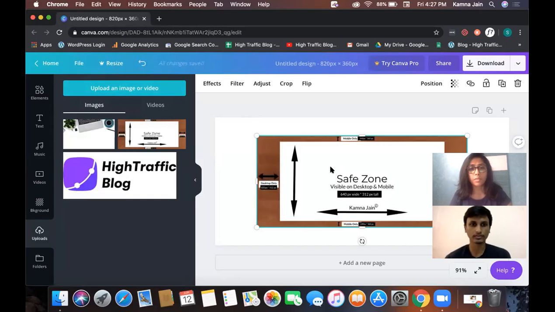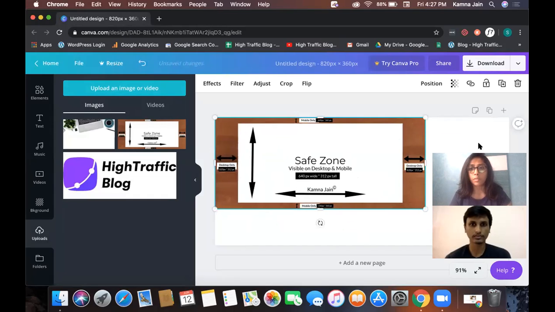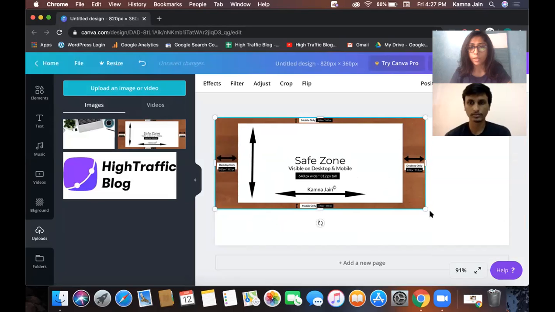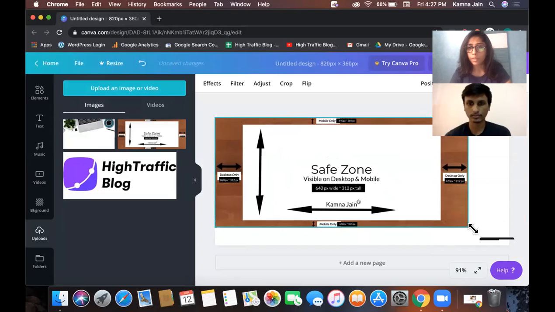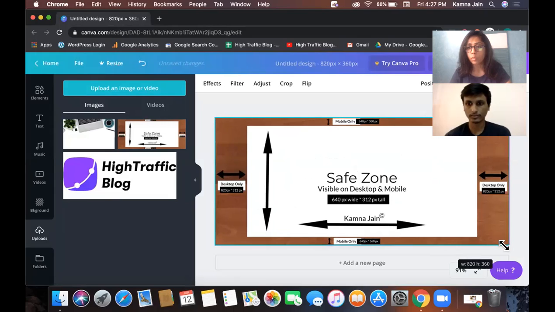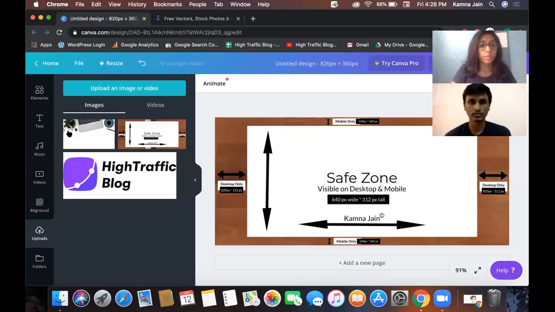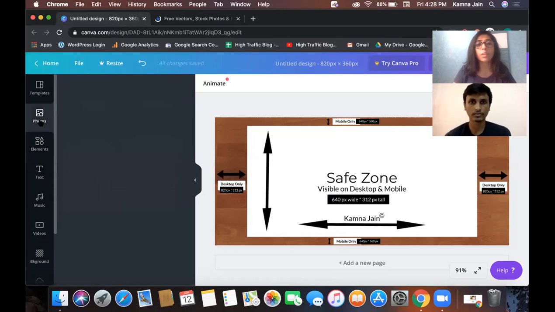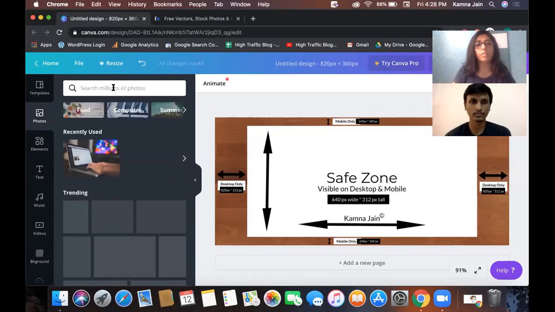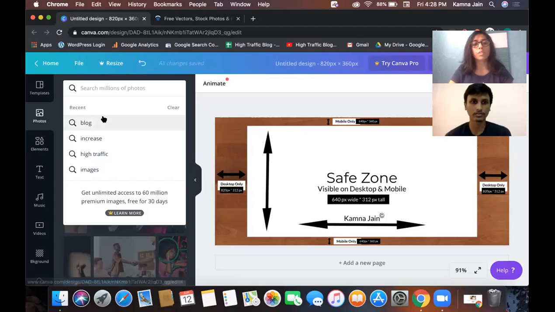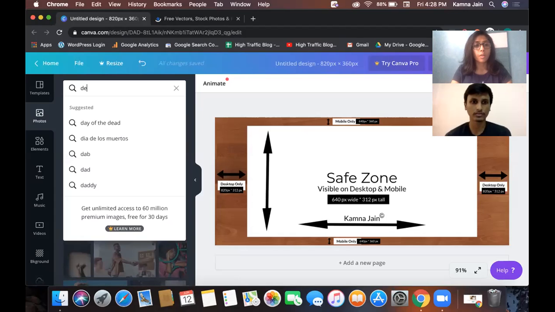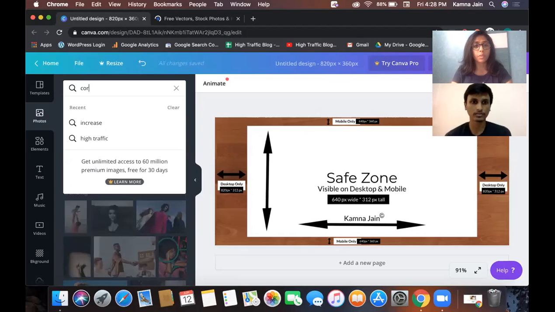What we've done is uploaded all the images that we need for today here. This is the template which lets me know what to position where. This image we downloaded from Freepik, but if you're using Canva, you can simply go to photos. It has really good images. Say you search for something like blog, or corporate setups.